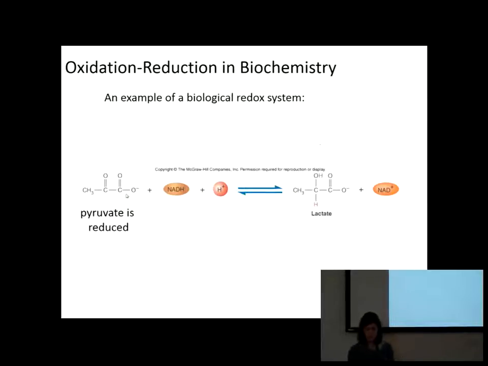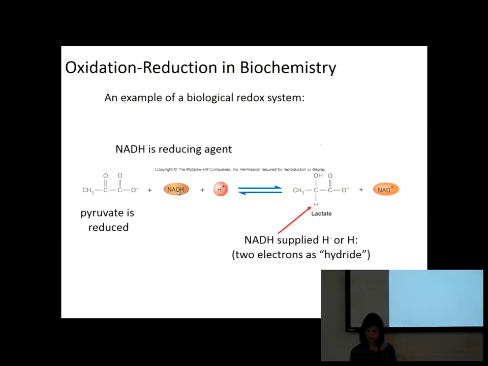Pyruvate is reduced, so let's take a look at what's happening. Pyruvate is reduced to lactate because it is gaining hydrogens, and NADH is being oxidized. NADH is supplying the hydrogen, or at least one of them. So NADH is being oxidized to NAD. It is the opposite for the agent, so it's a reducing agent. It's causing pyruvate to be reduced to lactate. So again, this is easier to see, I think,